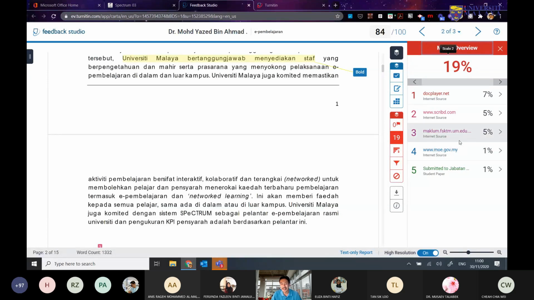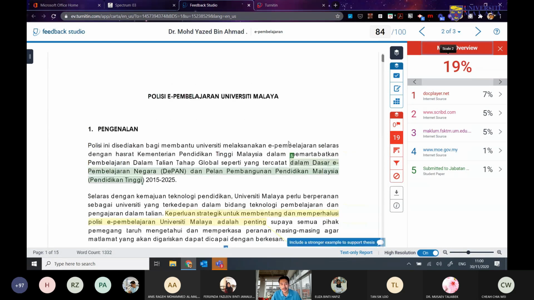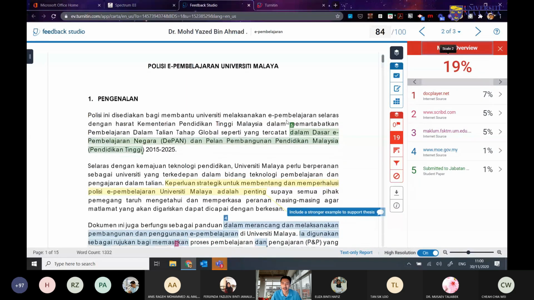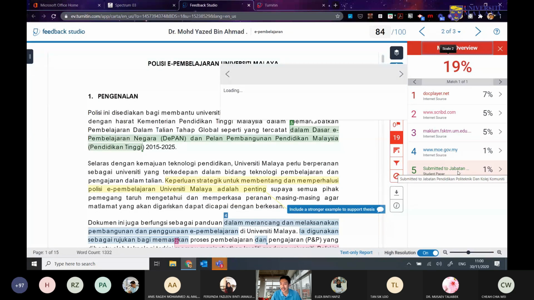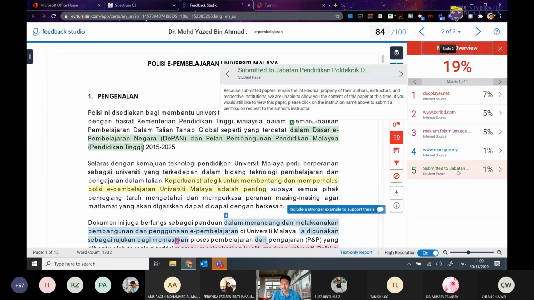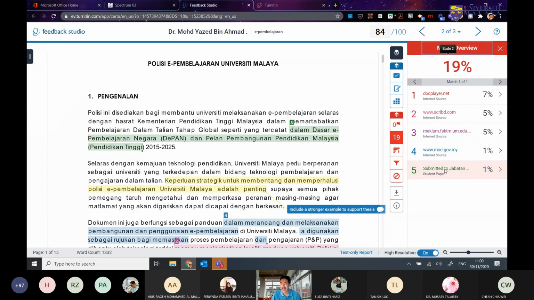Okay, so the first thing that you want to do is, sometimes when you have similarity or similar words in the student submission, for example like this one, this one actually shows up in number 5, which is submitted to Jabatan Politeknik and College Community. So this is similar to what is submitted here. But you know that this is actually a very common word. So this is where the